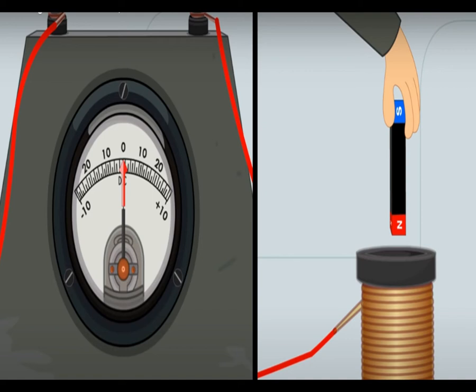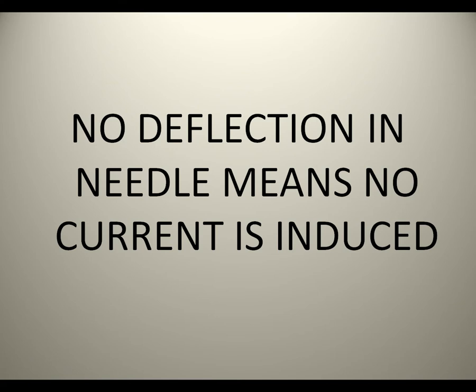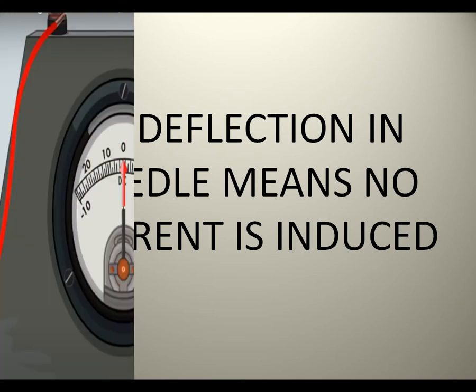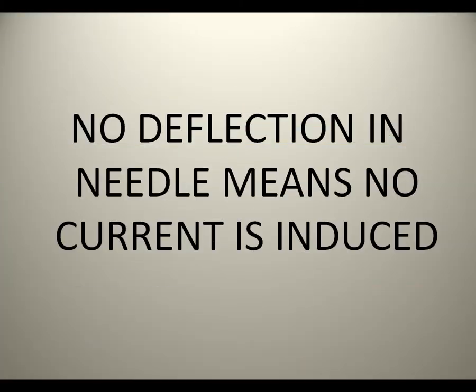If we keep the magnet near the coil, no induction is found. See, the needle is still on 0 in the galvanometer. They all are connected together. The magnet is still in the hand. The coil wire is put in its place and there is no motion. Still the magnet and coil are not in movement. There will be no movement in the needle. No deflection in needle means no current is induced. When the things are stable, the magnet is stable, the coil wire is stable, there is no induction, no deflection on the needle. The needle will not move.